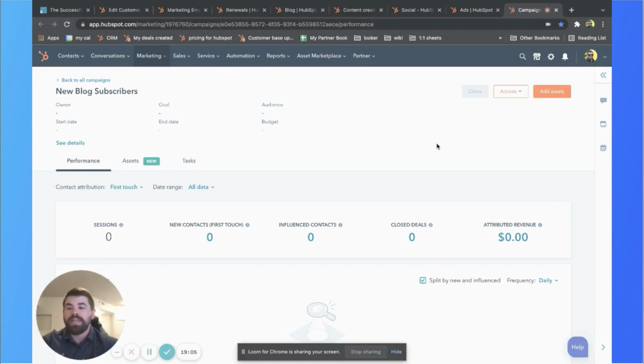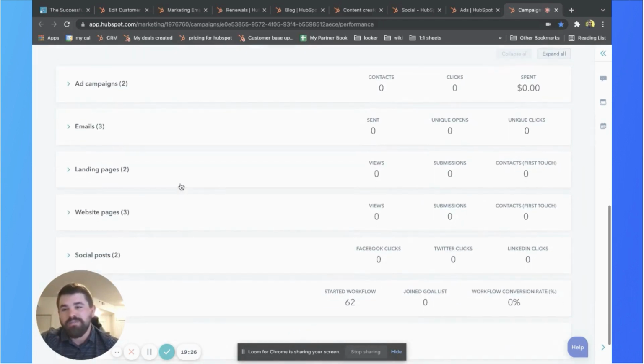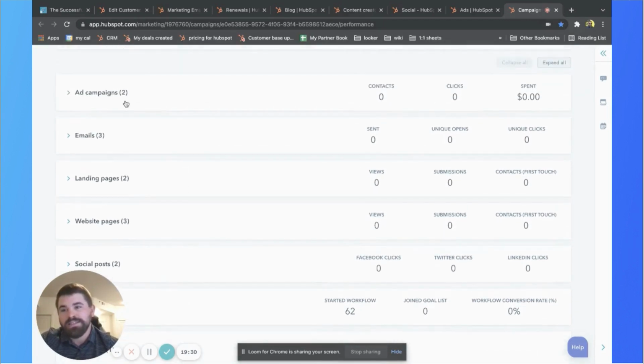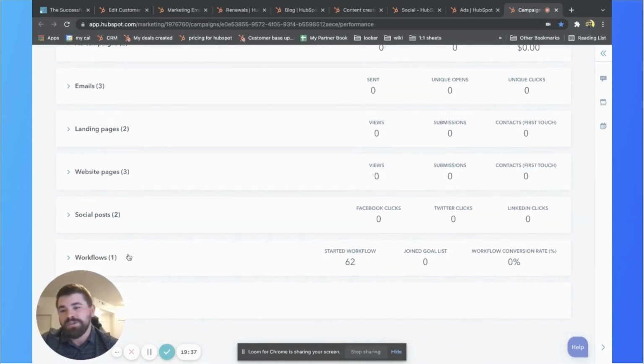What a campaigns tool does is allow you to back in assets. An asset is going to be something like a blog, an ad, social posts, things like that. And it'll tie it all back to one goal. In this case, our goal is new blog subscribers. So here I've built out a couple of different actions that we're taking to drive traffic. In this case, we have 2 ad campaigns, 3 different emails going out, landing pages, website pages, social, and